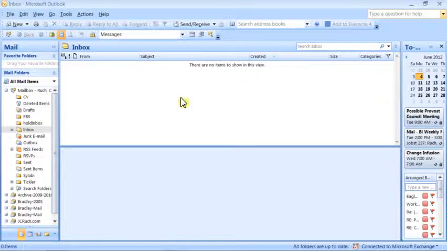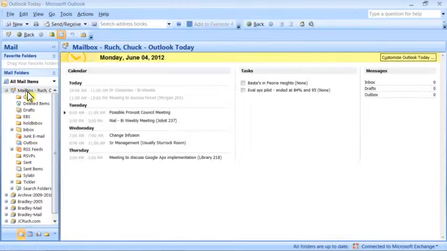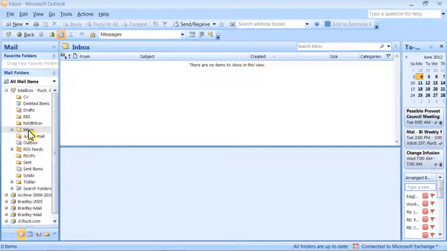You'll notice that I have Outlook opened here. I have Exchange configured on it. This is actually my Exchange account. There's not much left there because we've sent things up, but you'll see that it is live. I do have a bunch of sent items here. So that's here right now, and we're going to step through the process of configuring an FS Mail account